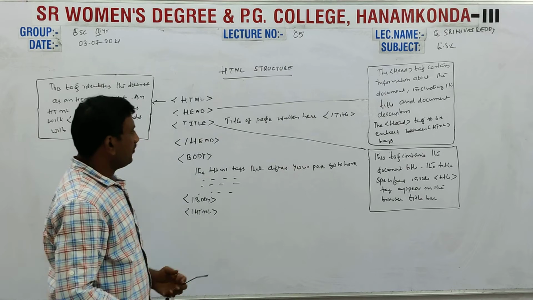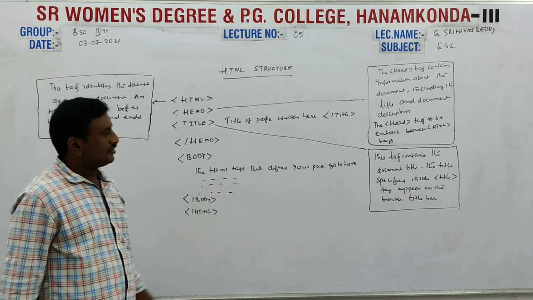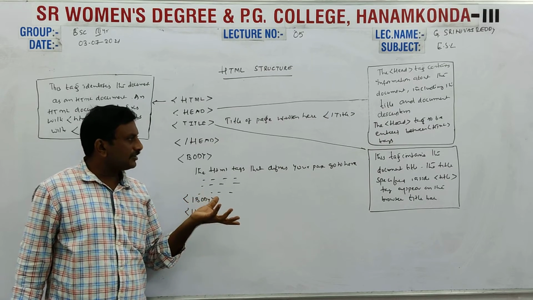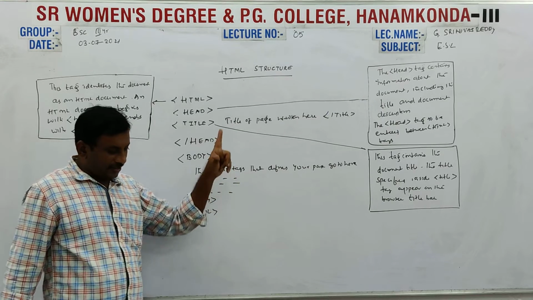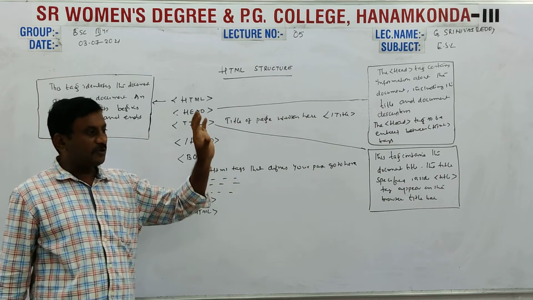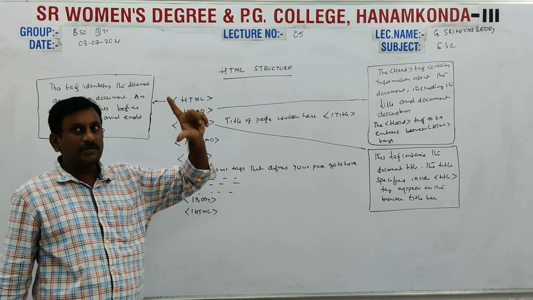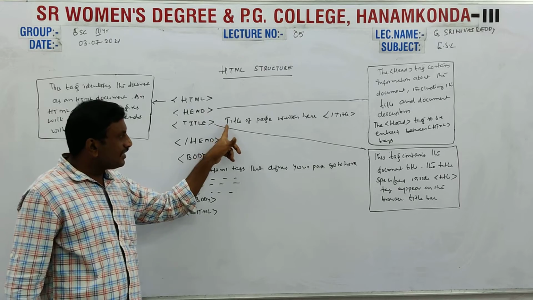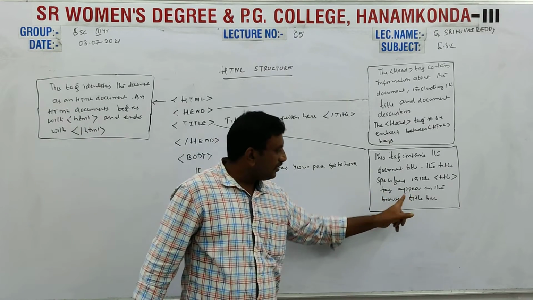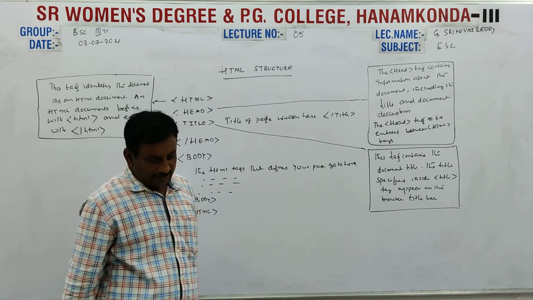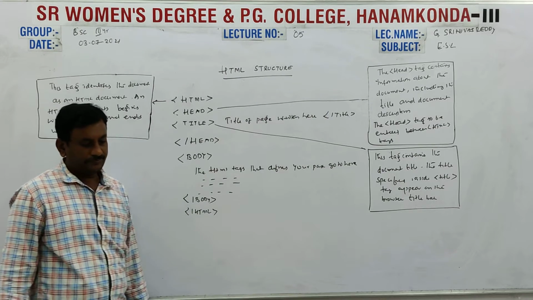When you are writing HTML code, HTML is the document, head is some heading of the document, and title is nothing but the information that appears on the browser's title bar. For example, in Internet Explorer you can observe the title bar. If you write something in between the title tags, the content will be displayed on the browser title bar. Next, body is the actual content of the HTML structure.